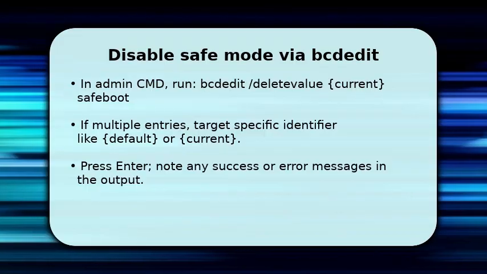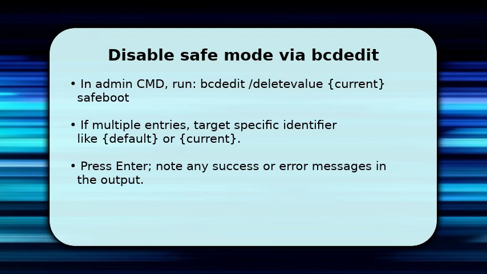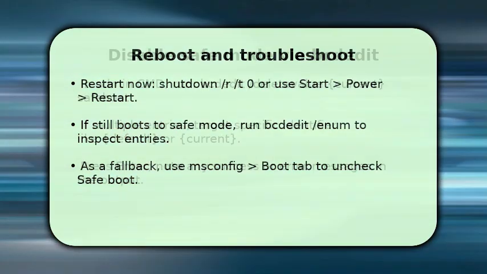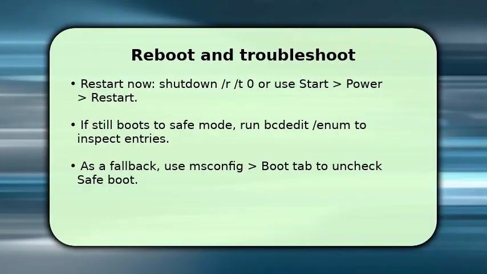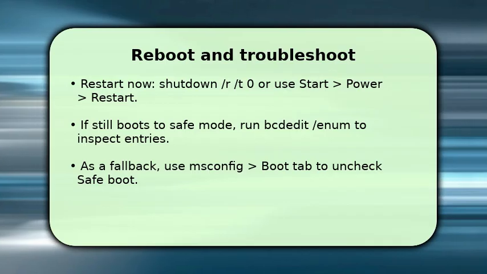Keep the window open to run an optional reboot command. After removing safe boot, restart the PC with shutdown /r /t 0 or via the Start menu. This applies changes immediately. If the machine still starts in safe mode, open admin Command Prompt again and run bcdedit